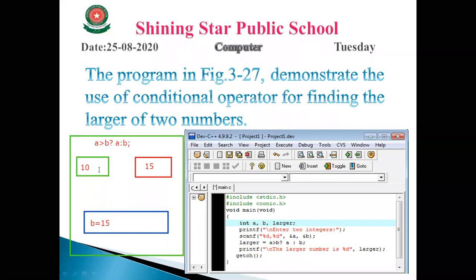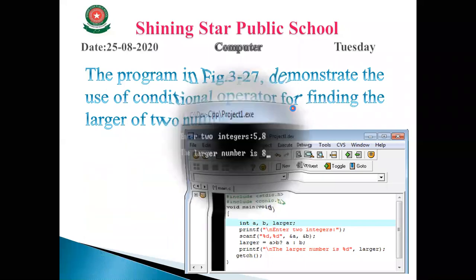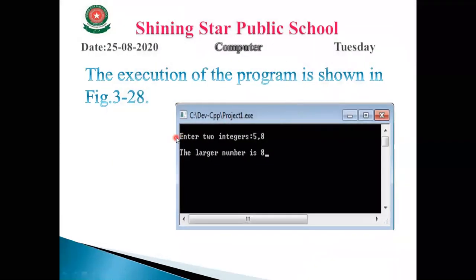Because we know that if the condition is true, our first expression will be executed, and if the condition is false, the expression which is written after the colon sign will be executed. So larger can store the value of B, and if the condition is true, larger can store the value of A. Very simple method.